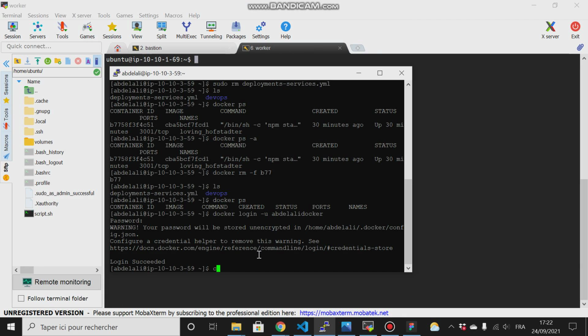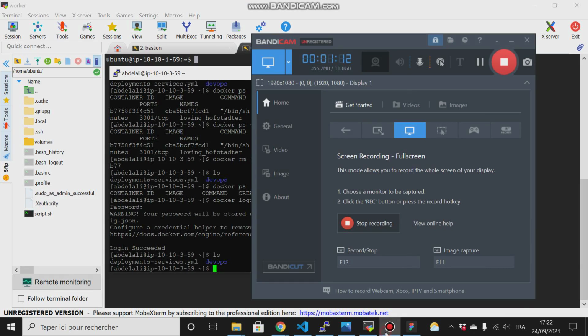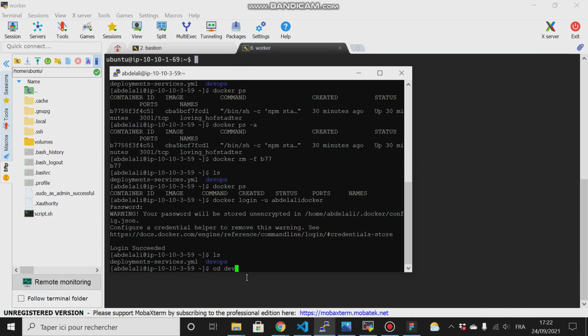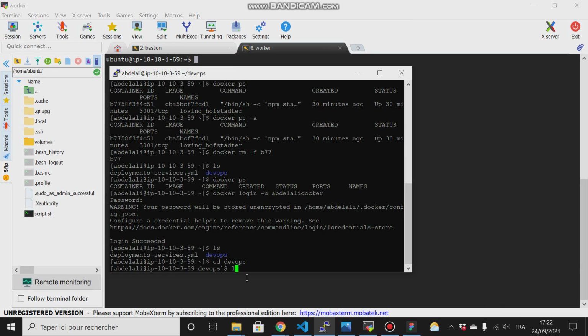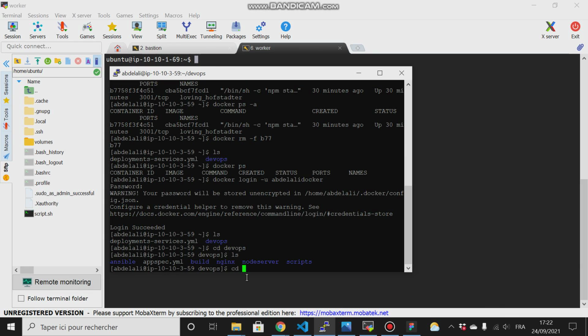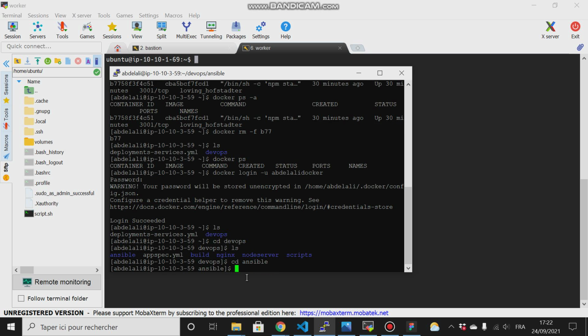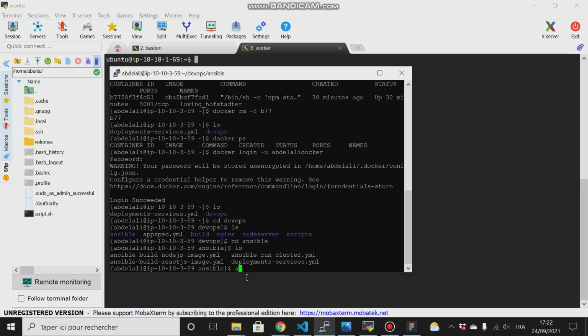Let me list that, then get into DevOps, ls, right, then get into the node or cd into Ansible, and try to run that script right here, then use the code deploy Ansible playbook, then Ansible